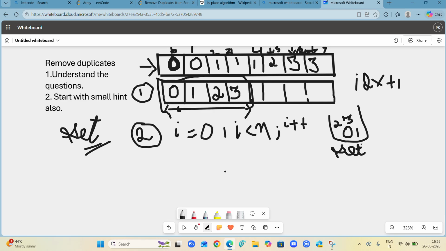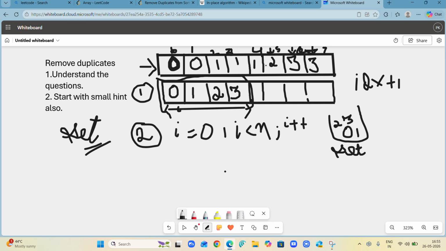And you will realize, guys, that in the earlier approach, the array was sorted, and when we used i plus 1, the things worked. But suppose the array was not sorted, and 1 would have been here, 1 here, 0 here, another 0 there.